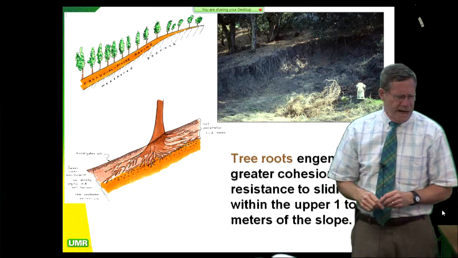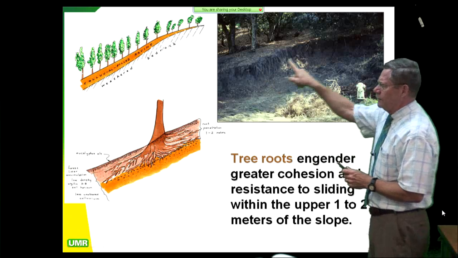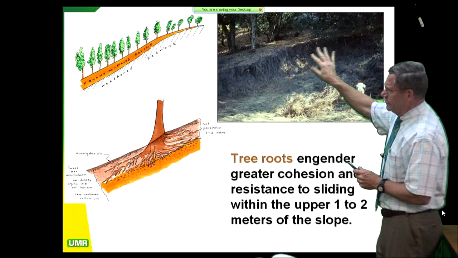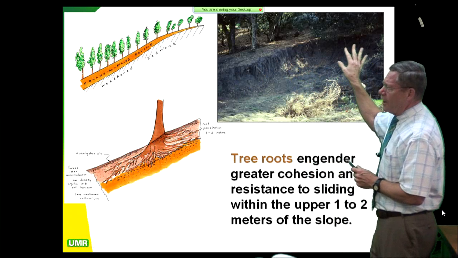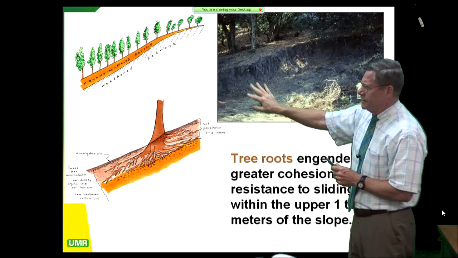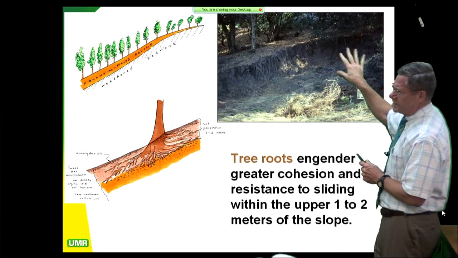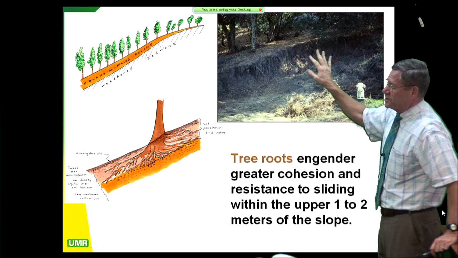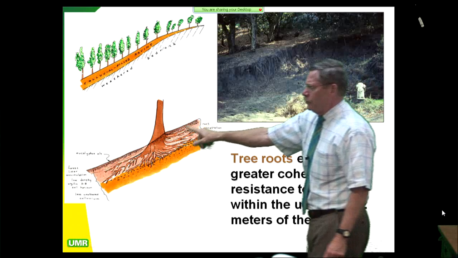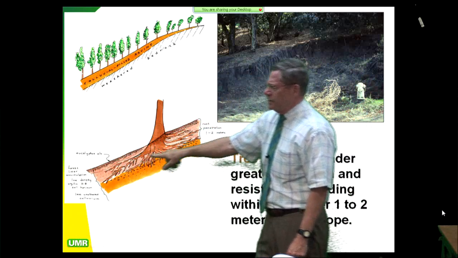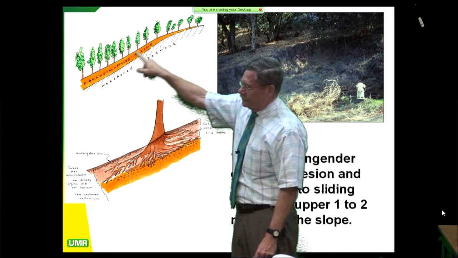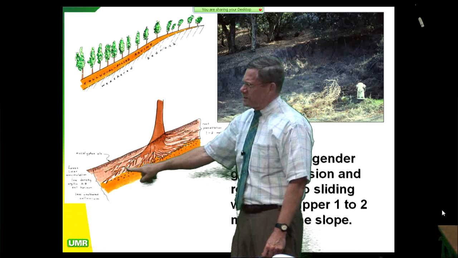Well, we can actually see this kind of effect when we go out and look. Here's a site that I had in very clayey material with thousands upon thousands of roots extending down several meters, which were unable to hold this thing here. The water pressure here was so great, the hill just blew out and disappeared. So you have a rooting zone that really engenders a nice protective covering on your colluvial-filled ravine. If you break through this zone,